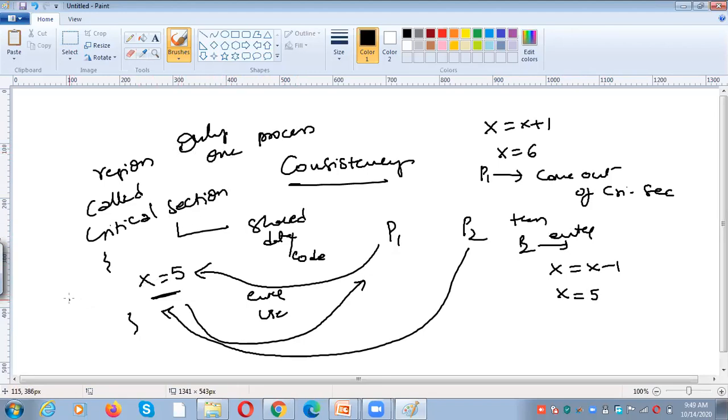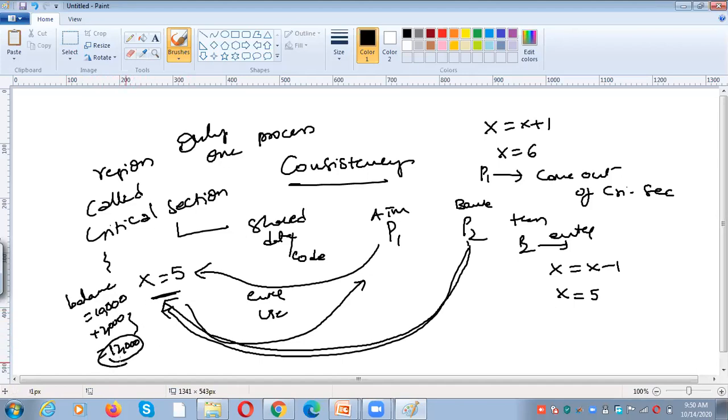Even if it is a balance amount. What is the balance amount in our example? 10,000. First you want to deposit. P1 process is this ATM and this is the bank. So what do you need to do? First we need to perform the deposit operation. First this one will enter into the critical section and it will update the value. It will add 2000 to that balance amount. The balance amount is now 12,000.